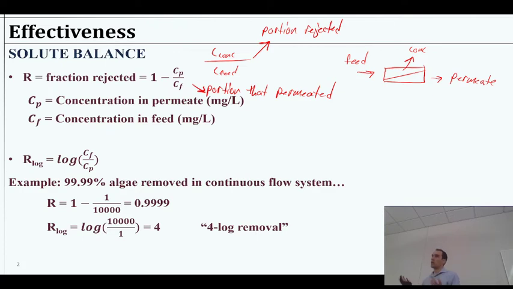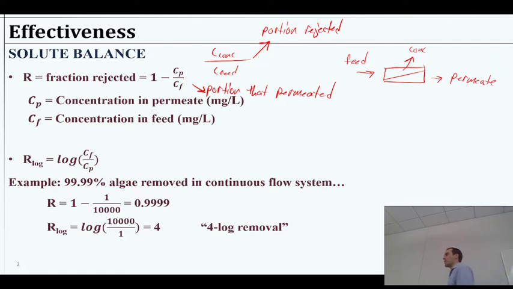Some could make it through if maybe there are a few pores in our membrane that are a little larger than we expected, or maybe there's a tiny tear somewhere. So our membrane is not perfect, and we don't get perfect rejection. So we might describe this as, oh, we've tested it and we can remove